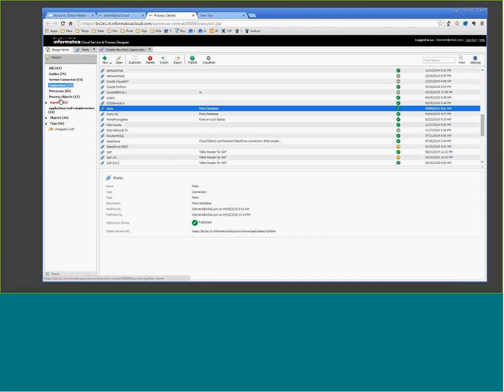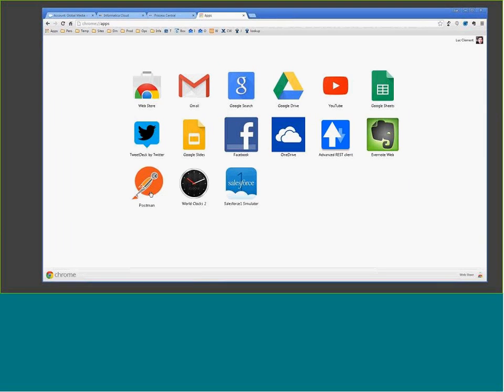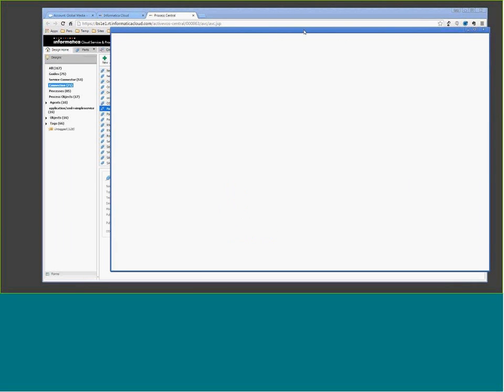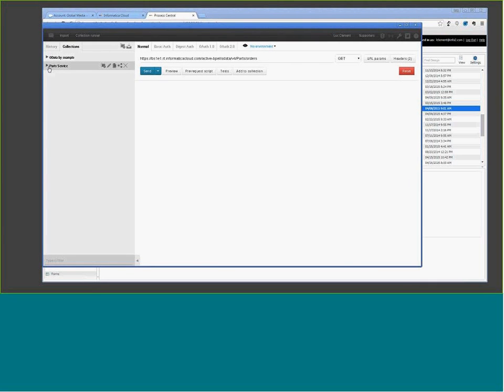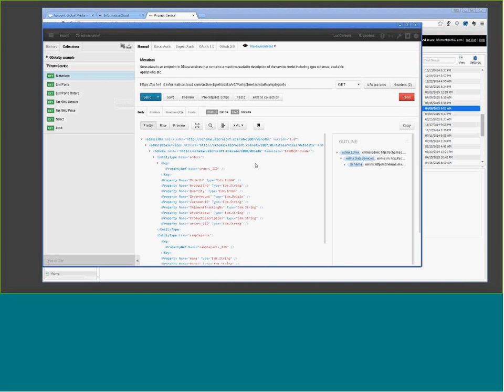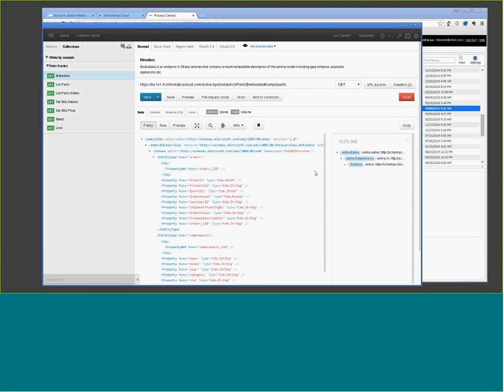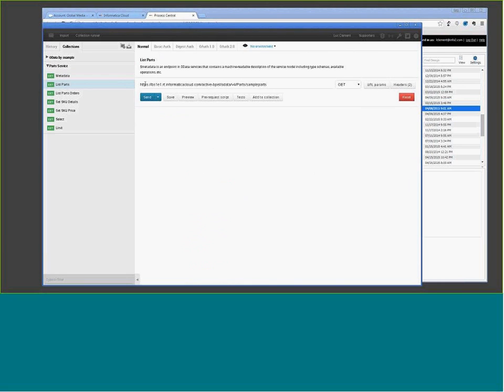Once you've published the parts connection, it is exposed as a consumable service on the internet. Now, let's first show how we might consume it using a JSON client. For those familiar, or maybe not familiar, with this tool, it's called Postman. And let's have a look at how we can use the OData protocol to learn about the schema that is exposed by my parts database. You'll notice two tables, the order table and the sample parts table.